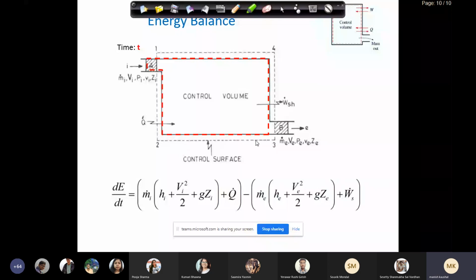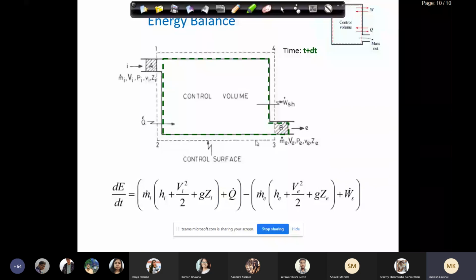So what will happen at t plus dt? How will my control mass look? It will occupy a new region in space at a later time. At time t plus dt, it will look like this. I am going back: at time t it looks like this, and then at time t plus dt, our expectation is it should look like this. I am following a fixed set of particles because the liquid is moving, so that's how my fixed set of particles will take shape at a later time.